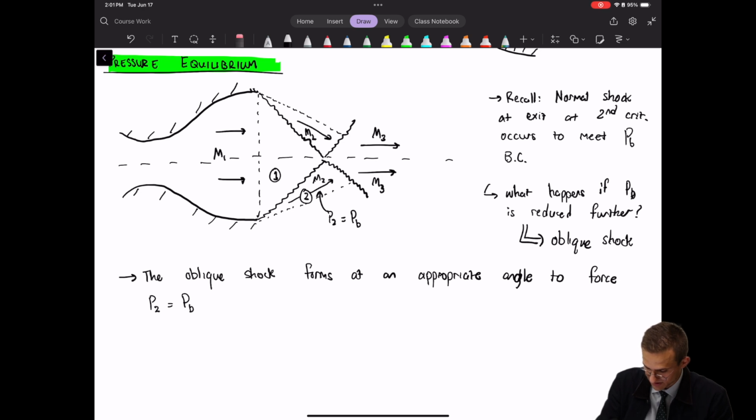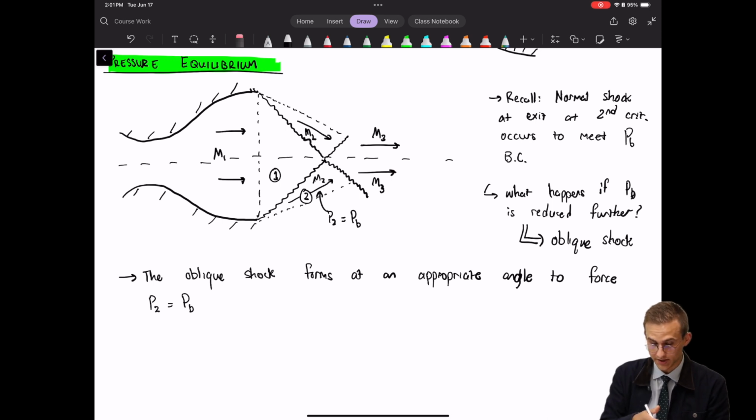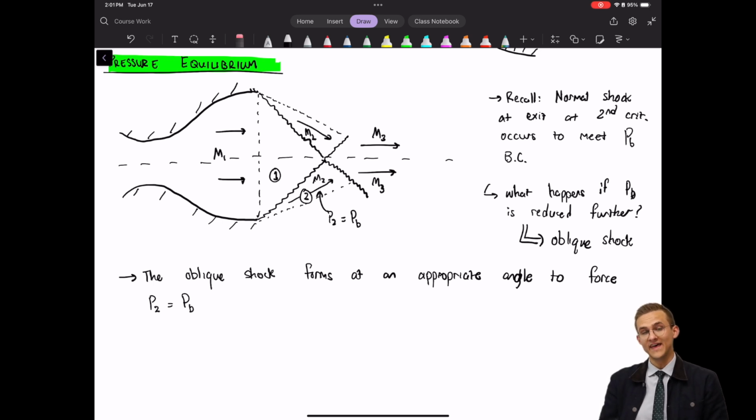Maybe a little bit easier to see on the top side of the diagram here, but this oblique shock occurs to meet the flow direction boundary condition. So the first oblique shock out of the exit of the nozzle is occurring to meet the pressure boundary condition, and then the next oblique shock is occurring to meet a flow direction boundary condition with the center line. Okay,